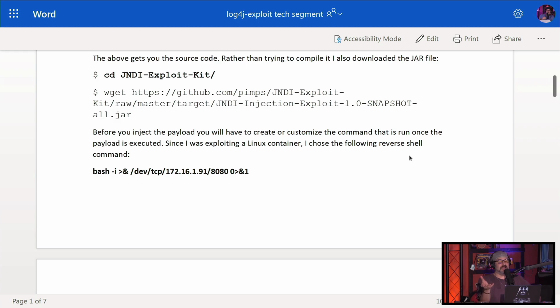So since my host was running inside of a container, I couldn't tell it to just connect to localhost, because localhost is local inside that container. It would never come out of the container. So I had to give it an actual IP address outside the container to shovel the shell back to where my netcat listener is. And so I'm telling it to execute this command, bash -i,